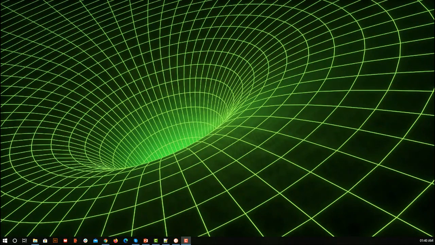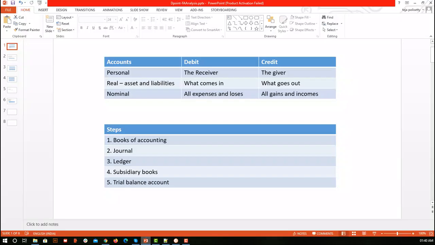Going to see about journal, that is the process of journalizing. If you have not seen the first video, please watch that, because in that we studied important concepts like accounts, types of accounts, and the golden rules. If you want to do ledger, subsidiary, trial balance, anything, journal is the main thing. Apart from these steps, we have balance sheet, P&L accounts, and many more things.